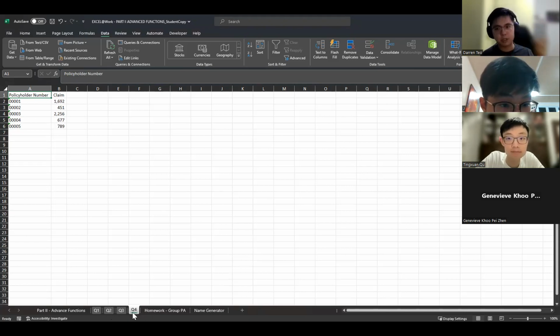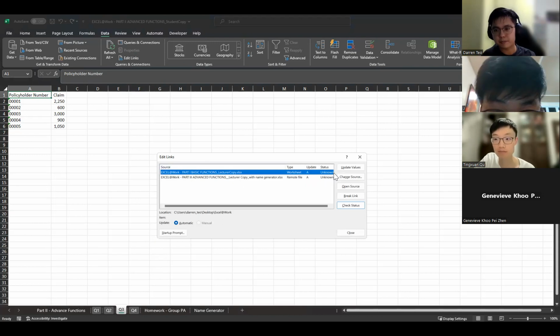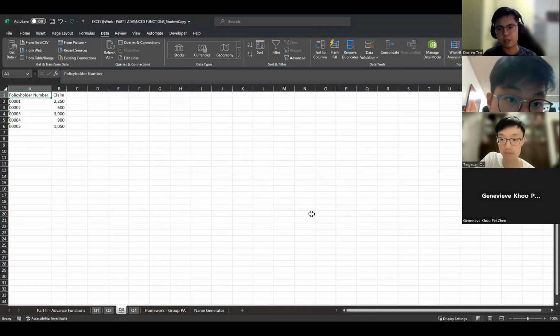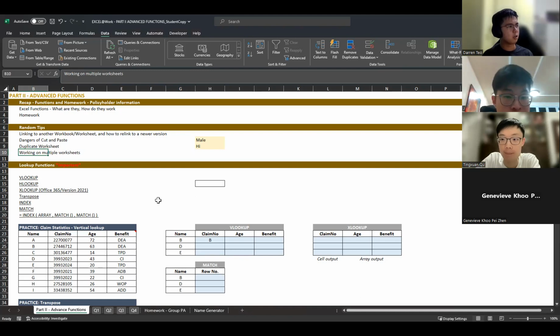When you have some link formula in the worksheet, the formula will be carried over to that other workbook. So there will be a link function going on over there. If you click on edit links, you will see that the new workbook will have this workbook's name over here, because you're linking it to somewhere along that line. You can go and try it out, but I wouldn't do that. Working on multiple worksheets, maybe I'll talk about that next time. It's not very important now.